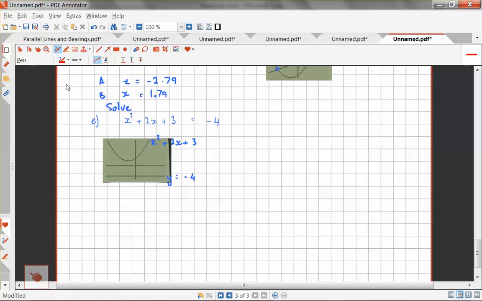Did anyone have any ideas? I tried to change one way, but it doesn't work. What's been important for all the others that we've done? If they cross. We're looking for where they cross. What do you notice about those? They don't cross. Therefore, it doesn't work. There's no intersection. There are no intersections, and therefore there are no